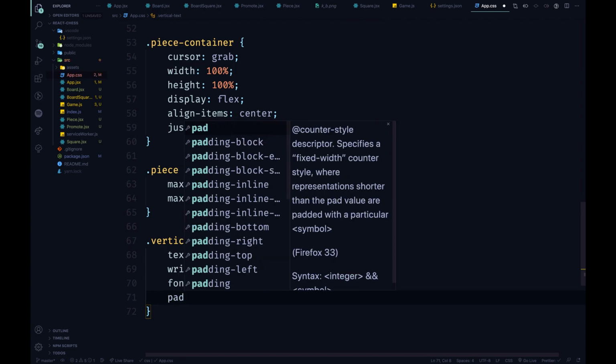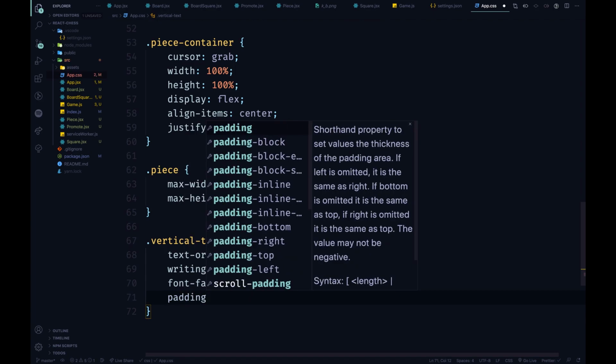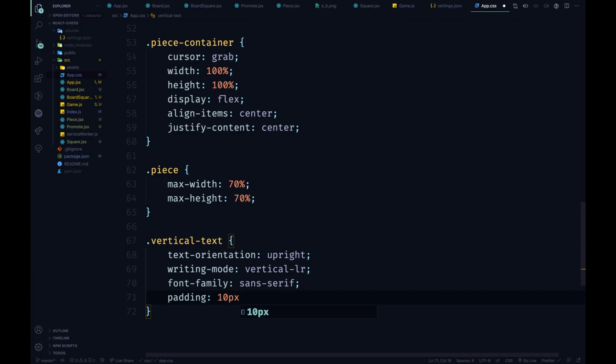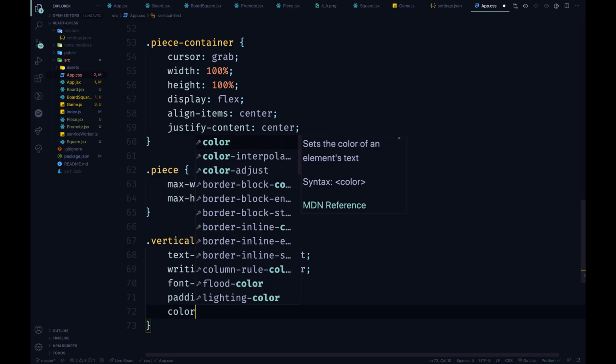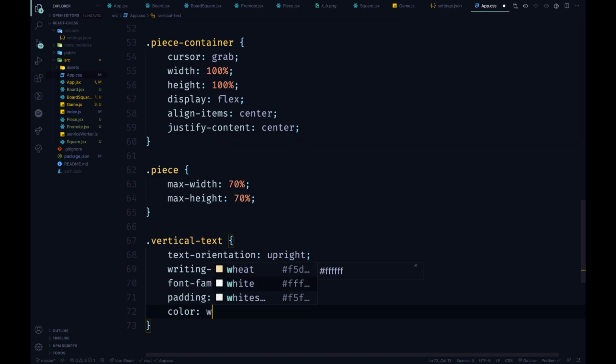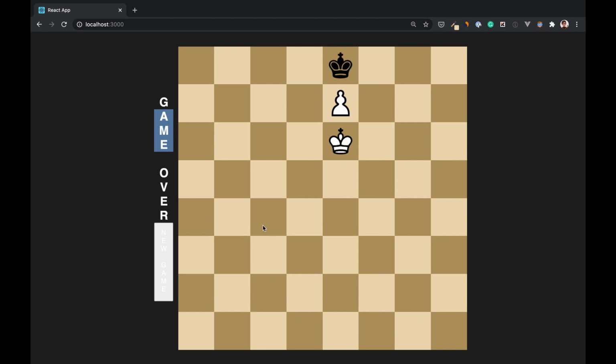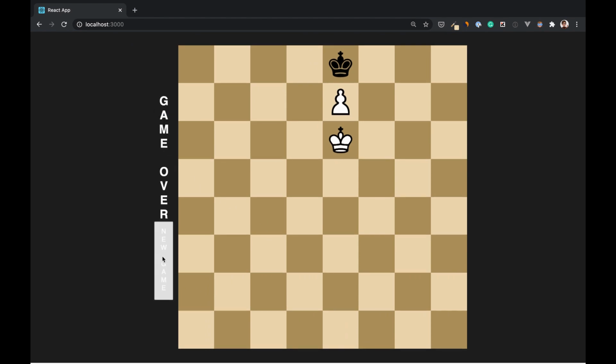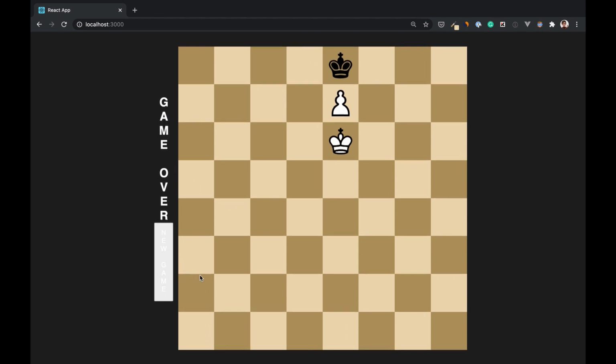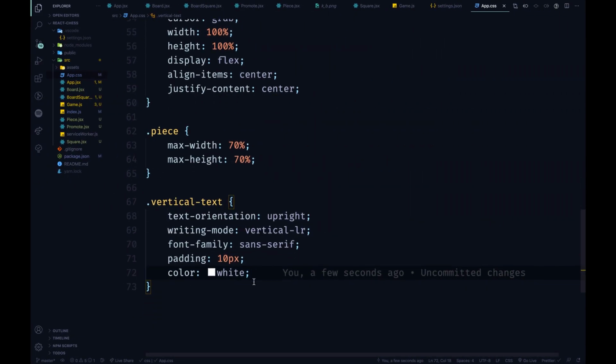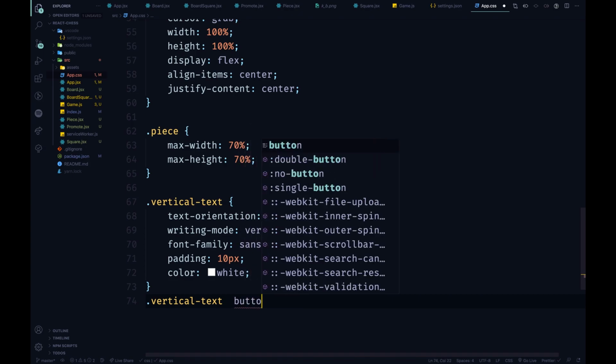Let's give it some padding of 10 pixels, and then we are going to have the color of white. So we now have this, but the button looks pretty bad. So let's add some styling for that. I can just access the button like this,